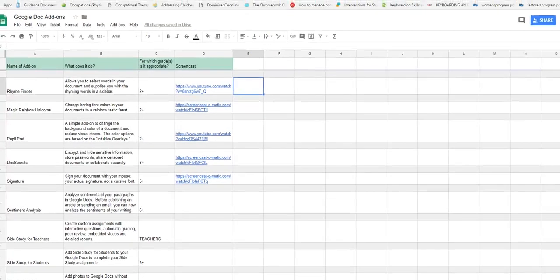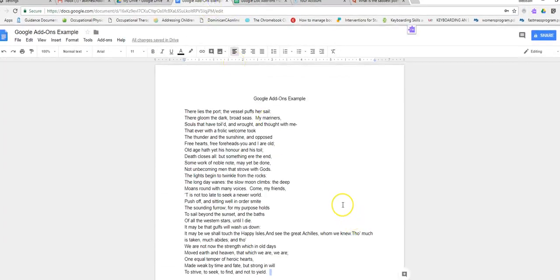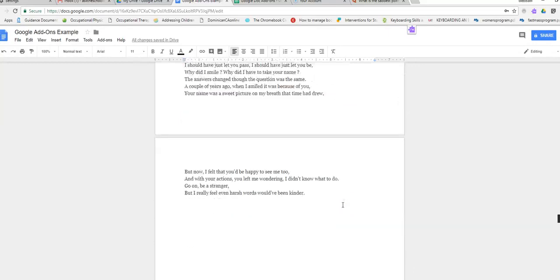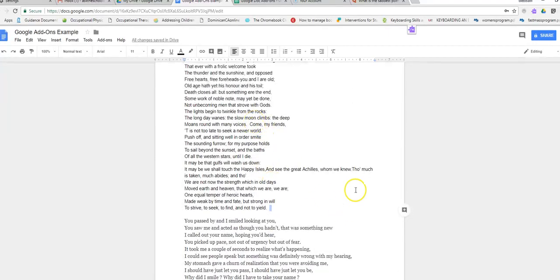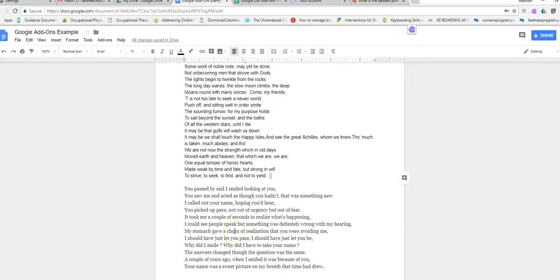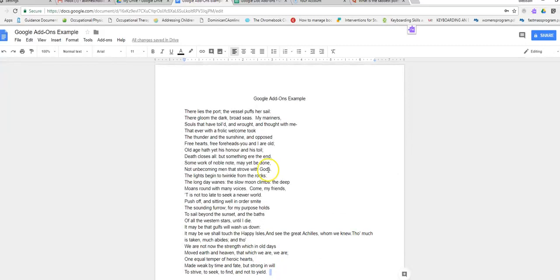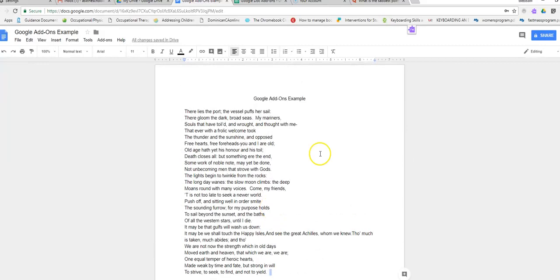I'm going to move my screen up a little bit, maybe like that. Go over to my document. So here's the document that I had a little bit ago, but I added an additional poem. So there's two poems on here, one at the top and one at the bottom, and it's in a little bit different font so you can tell. So if I want to analyze the sentiment of both these two poems, I'll show you how we can do it, because they both have very different